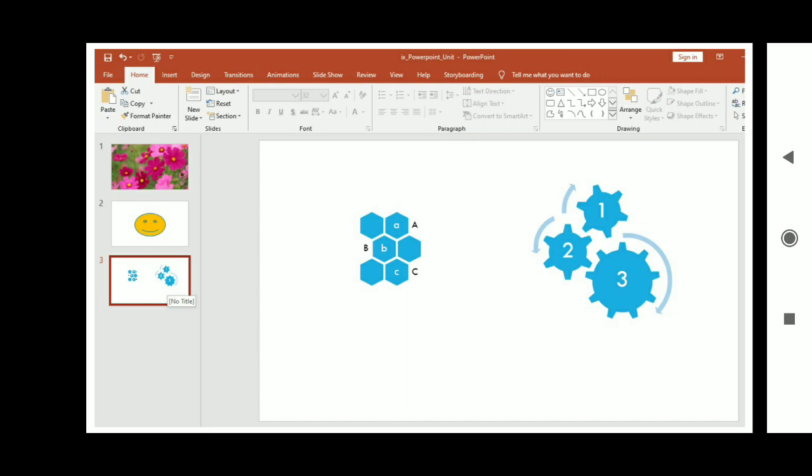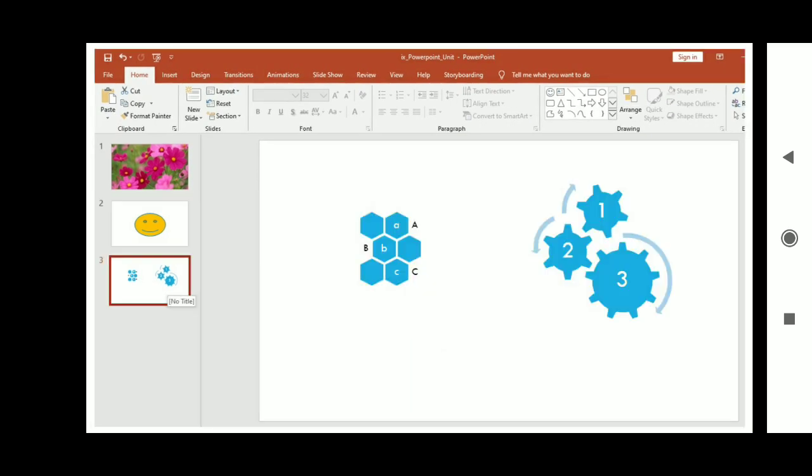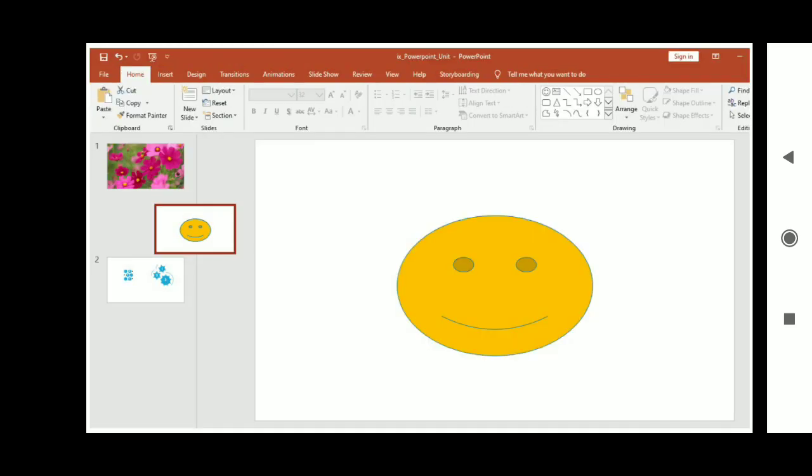Now arranging slides in your presentation or arranging slides in your document. So you select the slides which you want to adjust. Suppose I want to add slide number 3 as slide number 2. So what I have done, suppose that slide number 3, which is down below, now I drag and drop it in between the 1 and 2 slides.